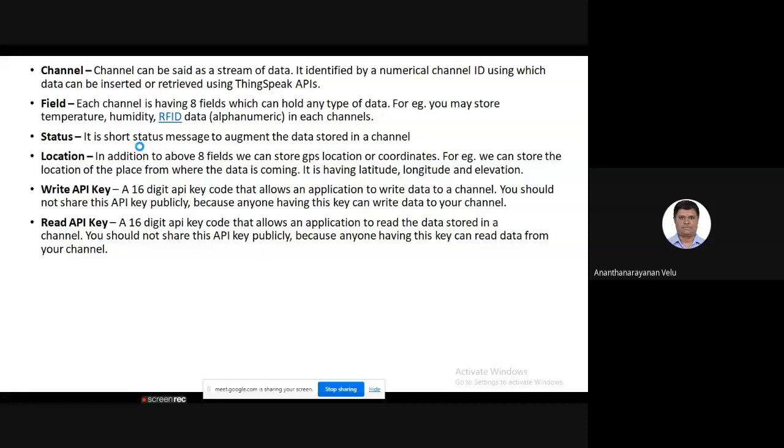You will be provided with 2 unique keys, one for writing into the cloud, another for reading the data from the cloud. The write API key and read API key are 16-digit hex codes. Through the API key, channel number, and field number, you can uniquely identify a particular data. In the morning, under the identification session, we discussed this. Next.